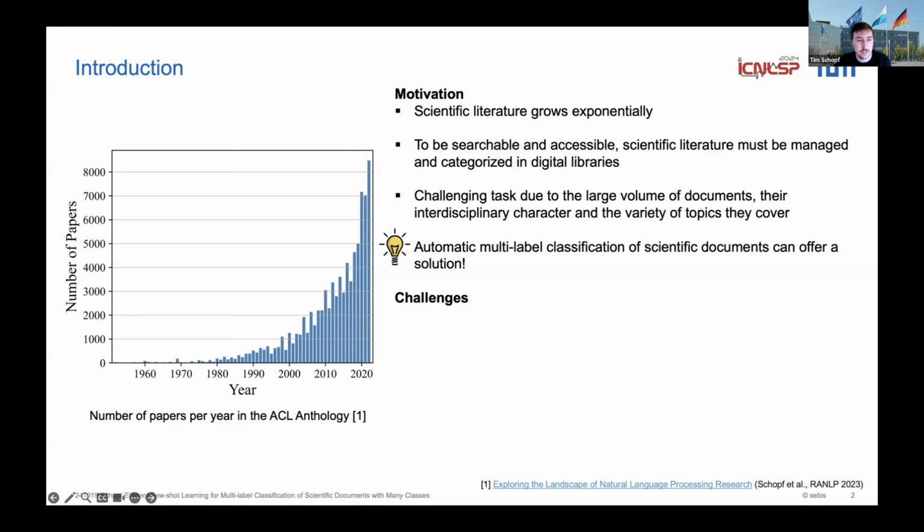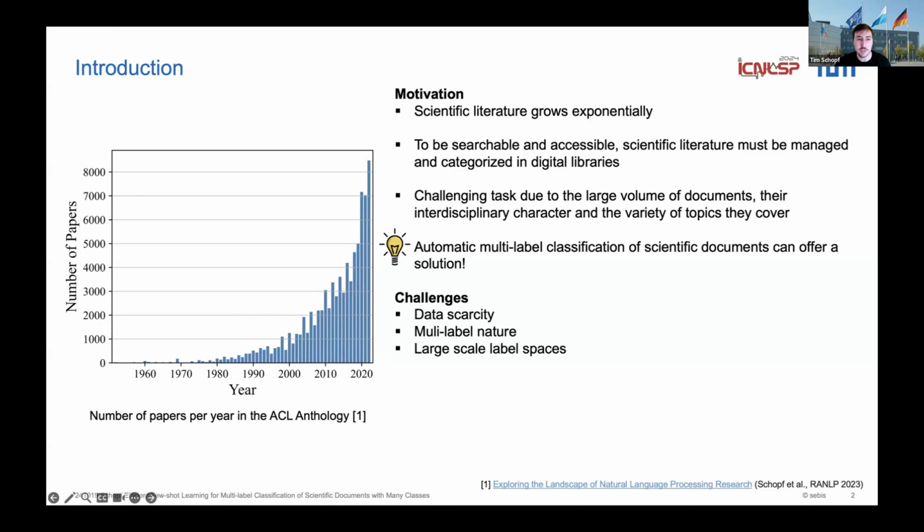There are certain challenges that we have to face during our work. One challenge is data scarcity. Labeling scientific documents is very costly and time-consuming, and often large labeled data sets are just unavailable, especially if there are new or emerging fields that have to be categorized. Also, there's the multi-label nature of the documents. As I mentioned already, many documents cover interdisciplinary topics, which requires assigning multiple categories to one document, which makes the data annotation more complex, as well as the classification problem.